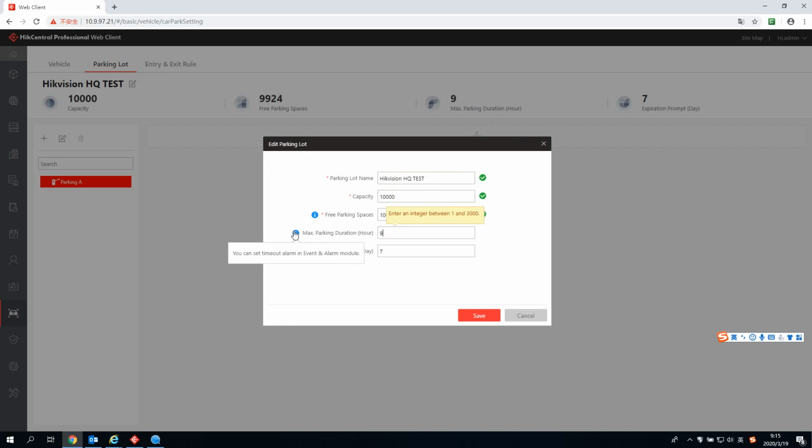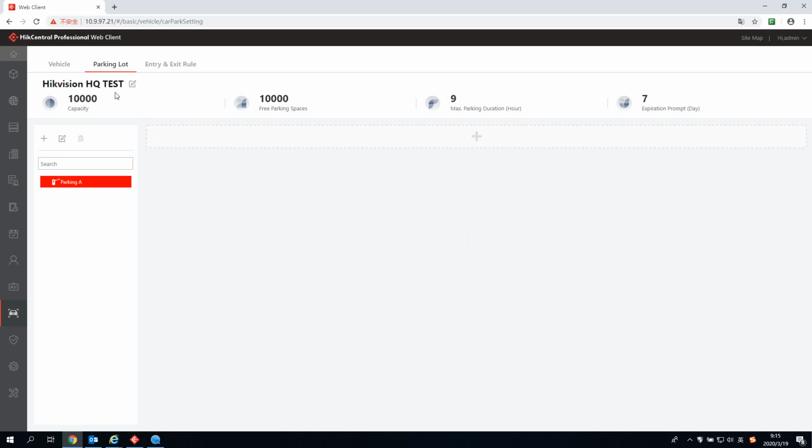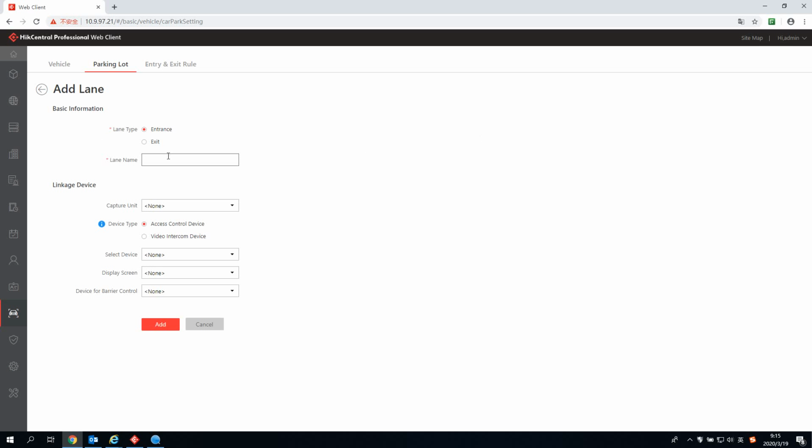The maximum parking duration means that if you have timeout vehicles, then you will receive alarms. Because when we set the vehicle list, we will set the effective period for the list. So if the vehicle is about to expire, then the date will be displayed on the display screen. I will say it's 7. So this is my Hikvision HQ test parking lot, and then entry, exit. So this is my entry adding work. For entrance,